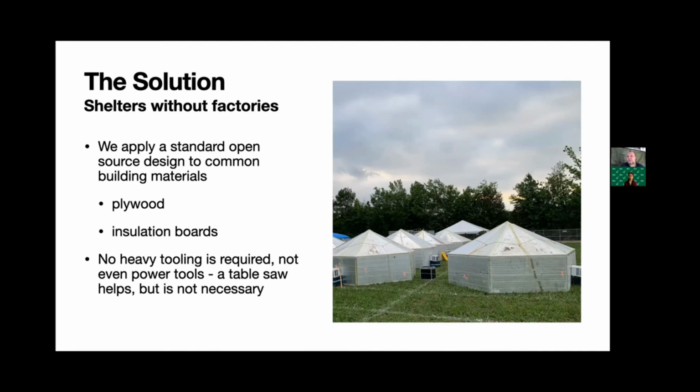So shelter, bedding, furniture, and this was not intended for refugee use. This is just a bunch of people that like to do outdoor events where you have a whole bunch of people getting together for things like scouting activities. And they wanted something that was a little nicer than tents, and so they figured out how to containerize a